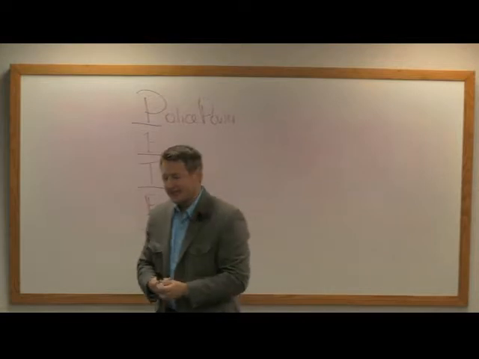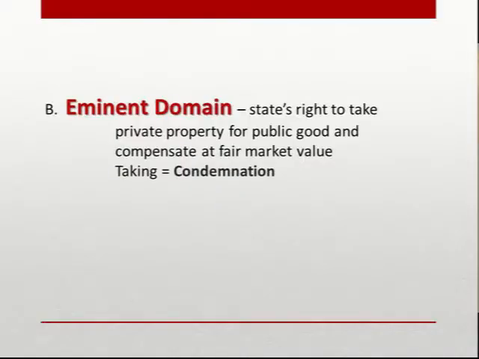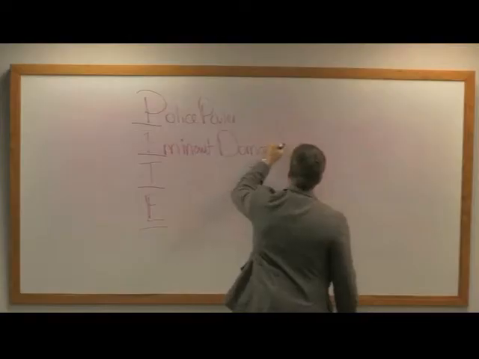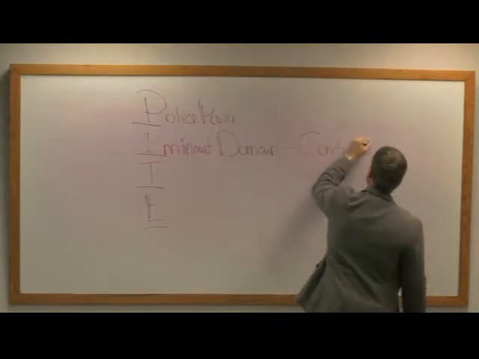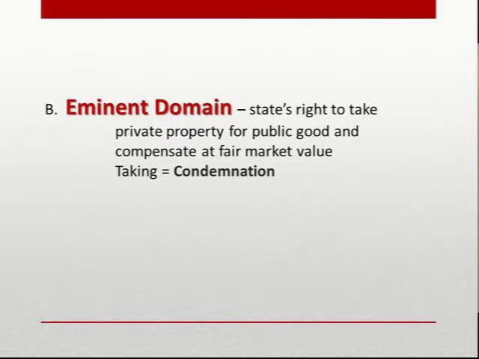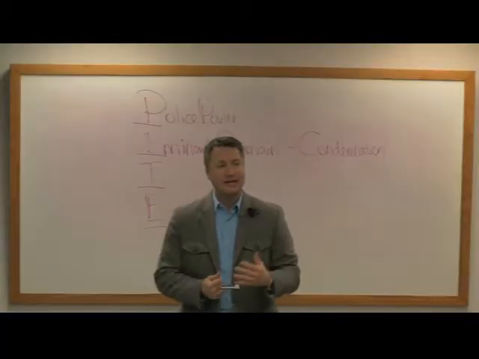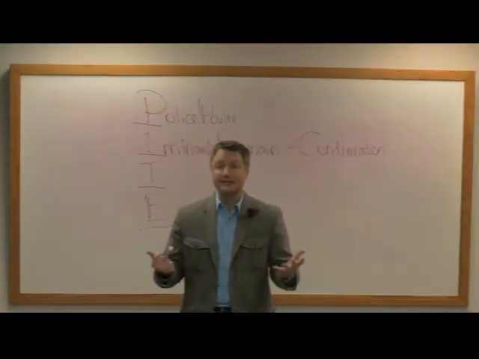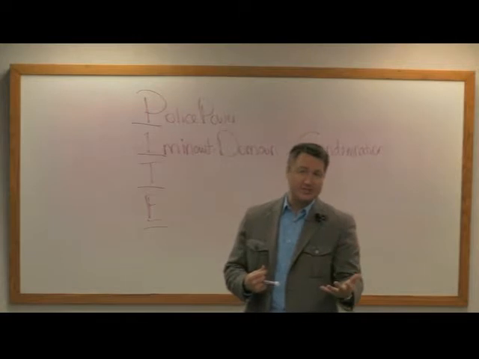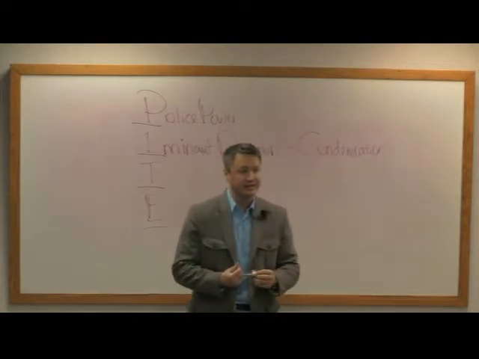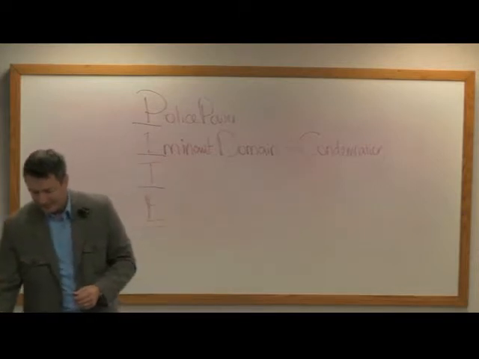Next one, the first E, is eminent domain. And there's a word attached to eminent domain called condemnation. Those two go hand in hand. So eminent domain is basically the government's right to take land. And they exercise this power through condemnation. Okay? So, for example,